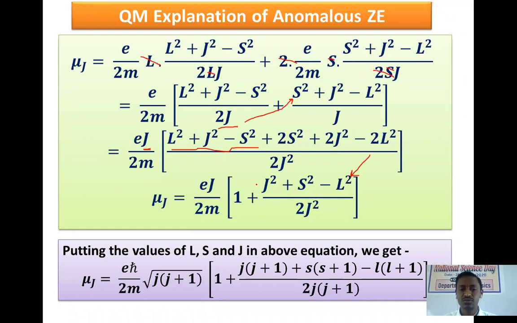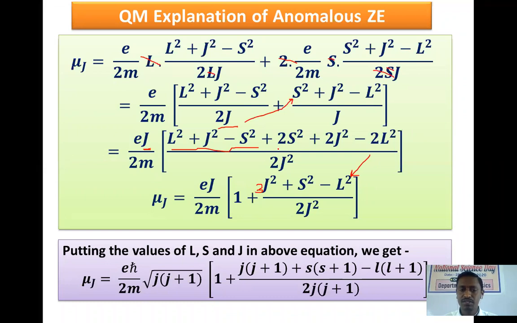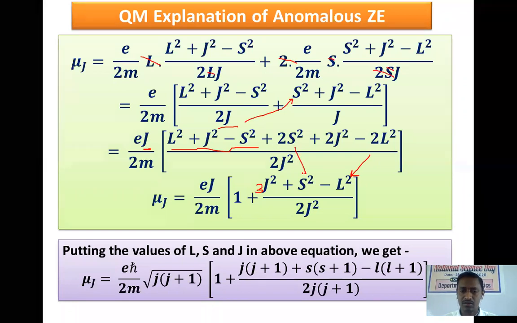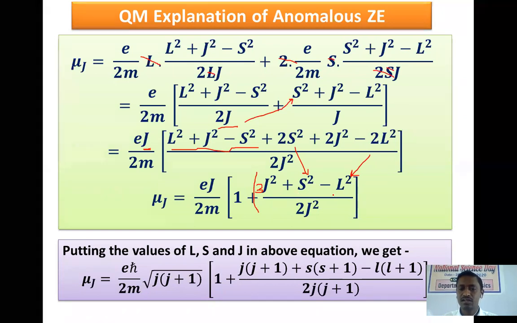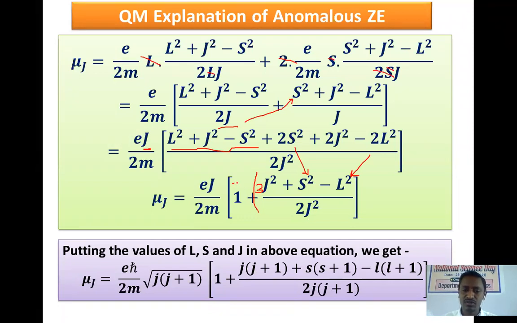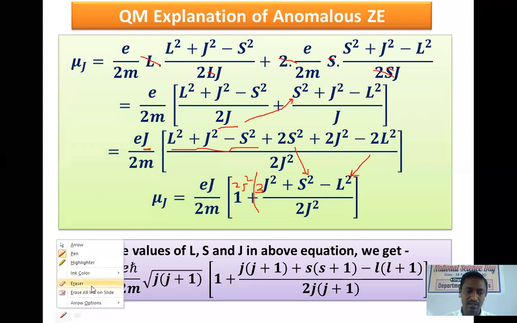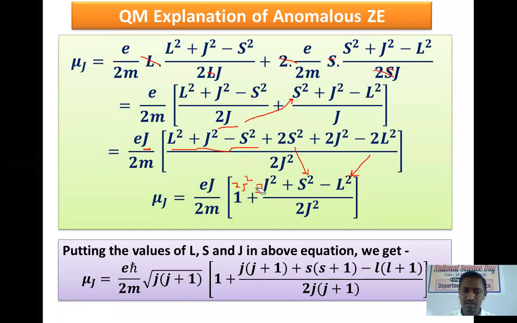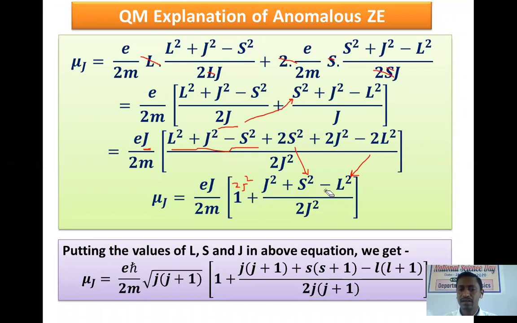Again minus s square plus 2s square, that is s square, remains. So the equation that remains will be 3j square plus s square minus L square upon 2j square. Among the 3j square, I have written here 2j square. Just remember, here 2j square plus j square only. 2j square plus j square directly, that means only j square remains, plus s square minus L square